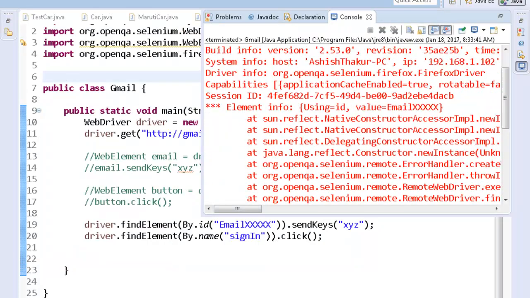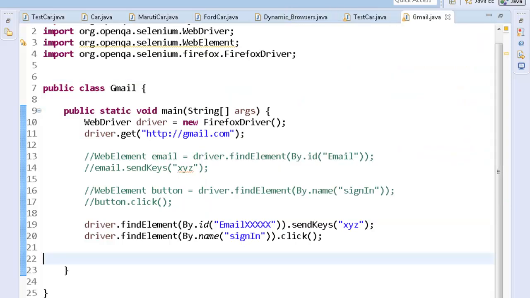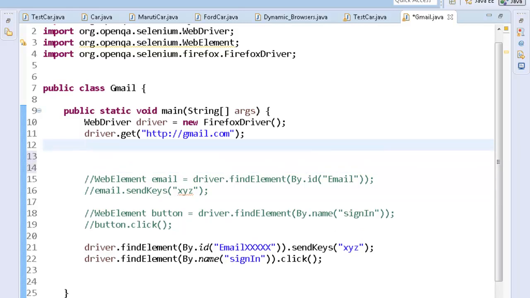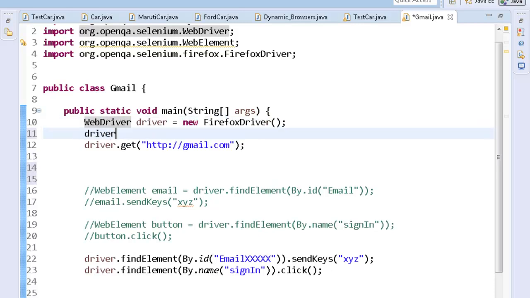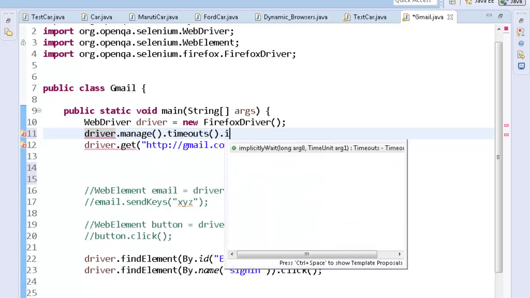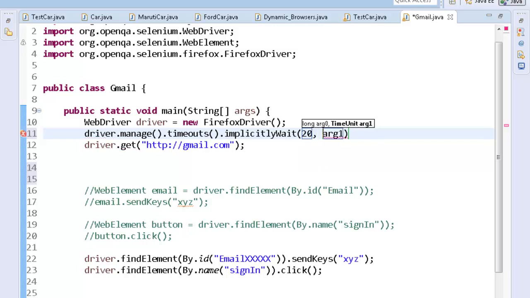Now if you want Selenium to wait for some time, because sometimes the objects take time to load, the web elements load after the page is loaded. Maybe after 5 seconds the object becomes visible. There are Ajax components and all. So what we do, we use implicit wait over here. After starting WebDriver, I'll give this command: driver.manage().timeouts().implicitlyWait(20,